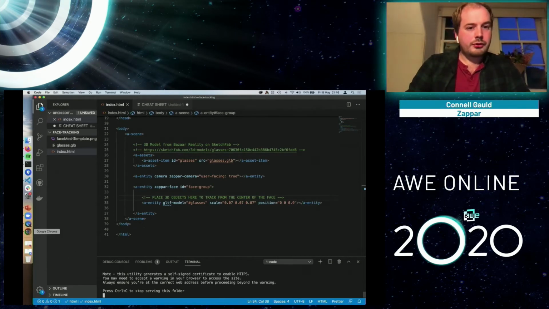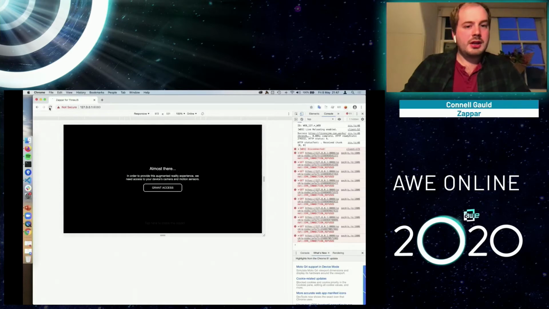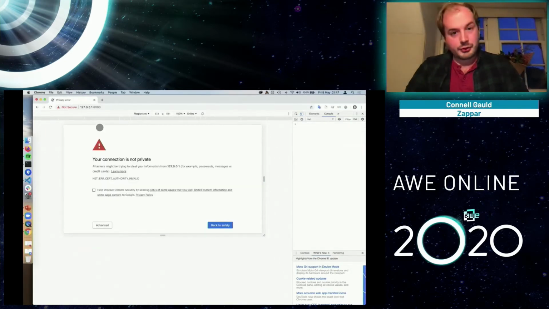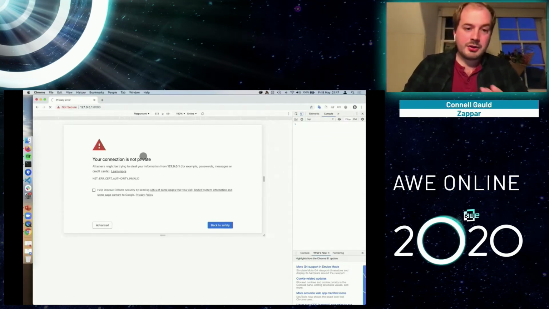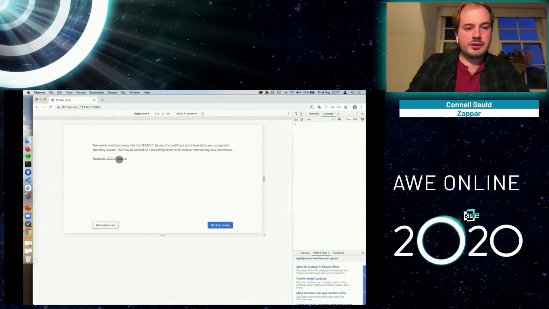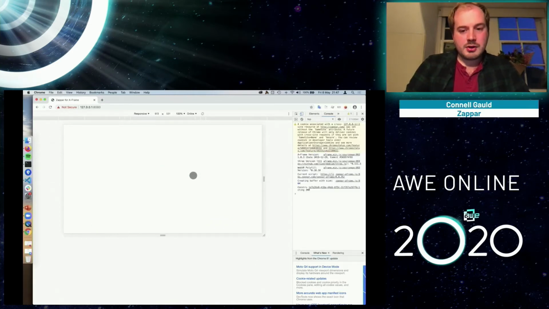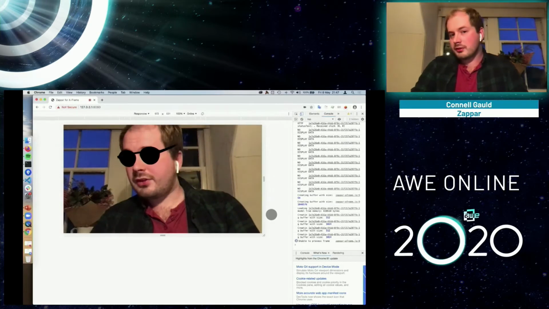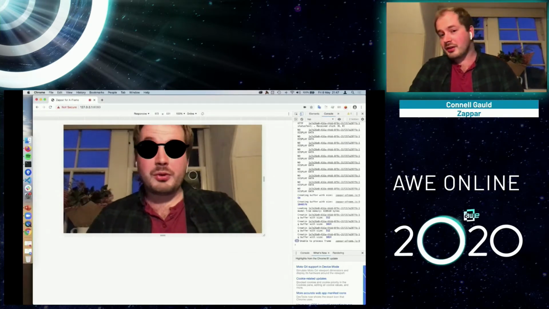I'm going to pop over to Google Chrome here. I'll just reload this page. Because I'm serving over HTTPS, which is a requirement for accessing the camera, I'm using a self-signed certificate, so I get this scary warning here, but it's nothing to worry about as long as you're happy that it's your own computer, which in this case it is. So I'm just going to proceed past that warning and load up this page. And here we go, a face tracked experience. I'm not wearing sunglasses, so